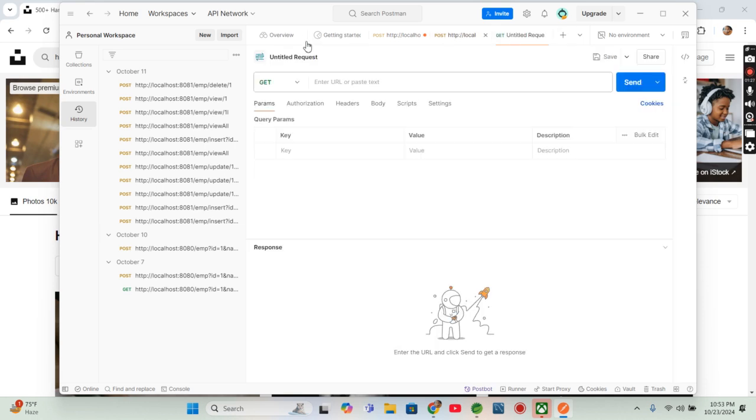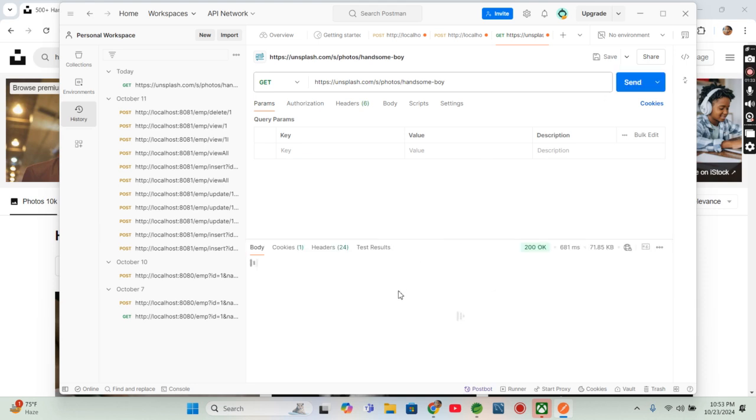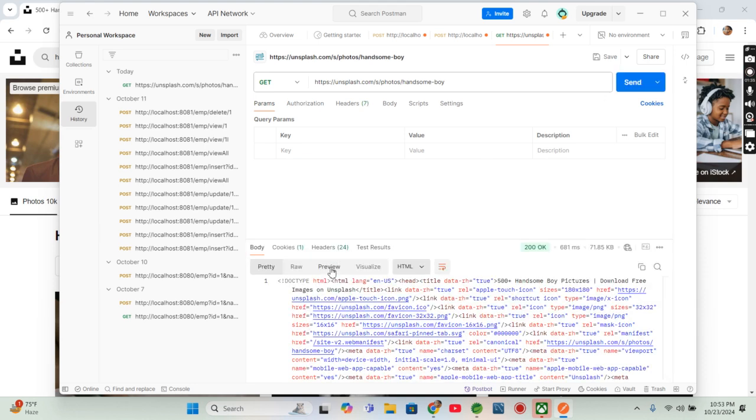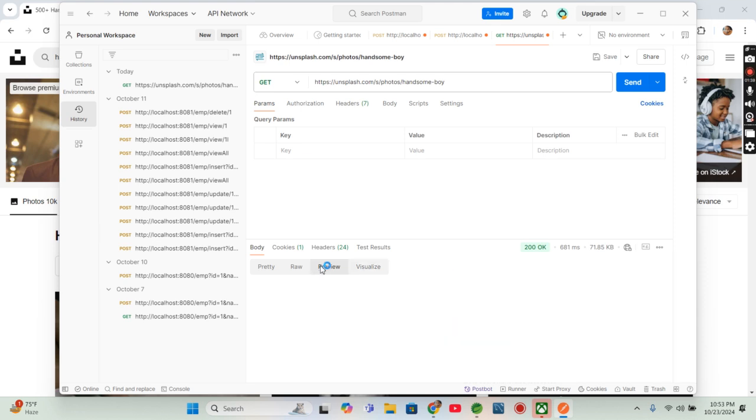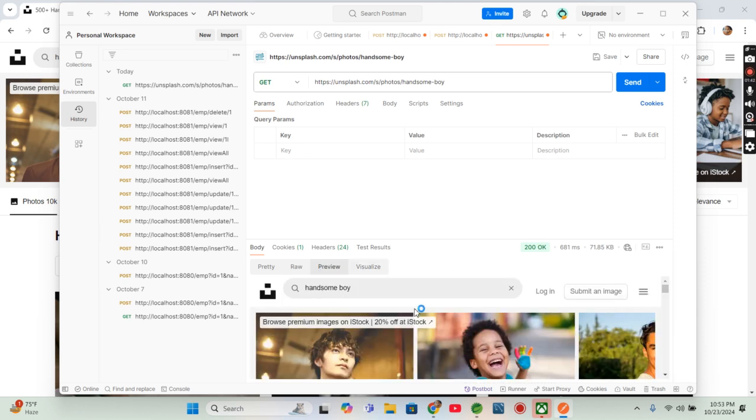Go to New, paste it here and send this. Whenever you send this, just wait for the response. It is giving the response here in the visualizer, in the preview, sorry. In the preview you can see whatever photo was there in my Google Chrome, the same photo appears here. If you don't believe, let me